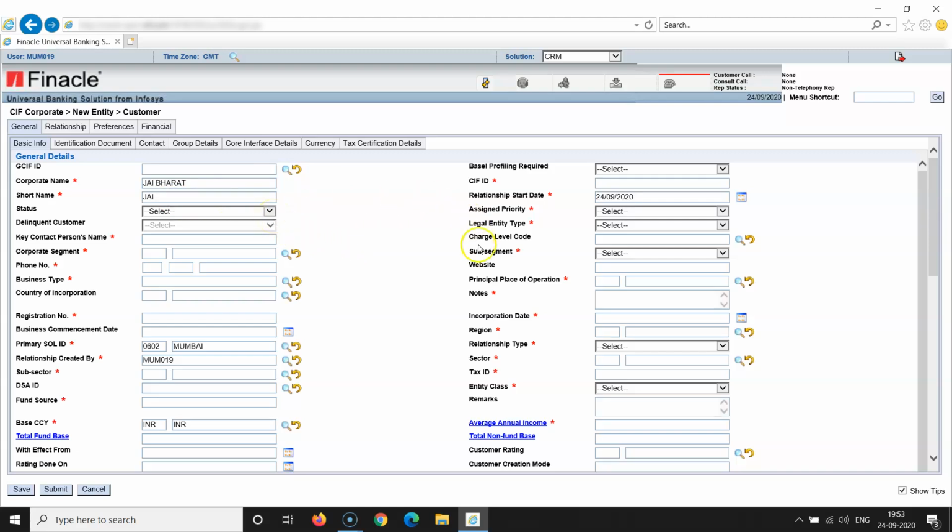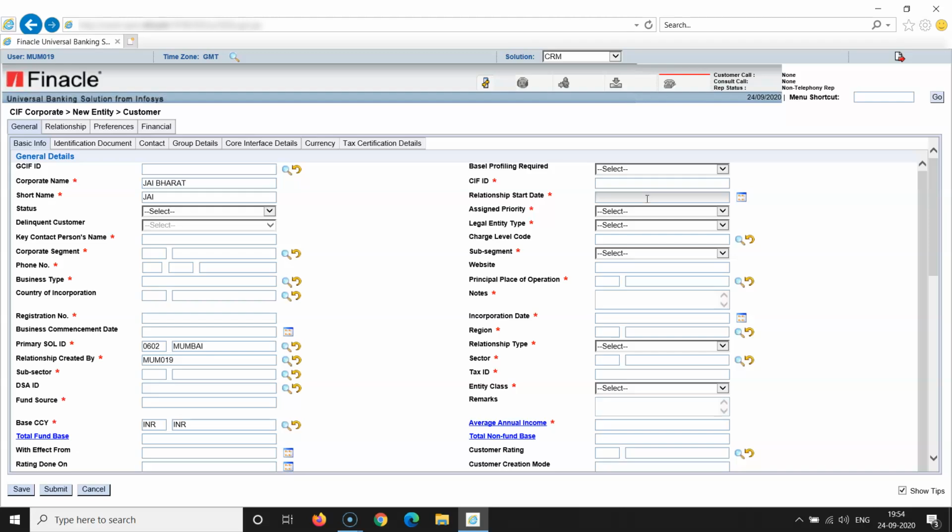Now all these fields marked with asterisks are mandatory, but KIF ID, since we are in the process of creating a KIF ID, although it is marked with a red asterisk, we will not be able to write anything here. I'll just try and show you. It's not taking anything when I'm pressing any number here. The relationship start date: since the server's last day end had taken place on 26 July 2018, this date has to be prior to that, otherwise it will create a problem. Normally you will be putting today's date itself, the day the KIF is being created in the CRM system.